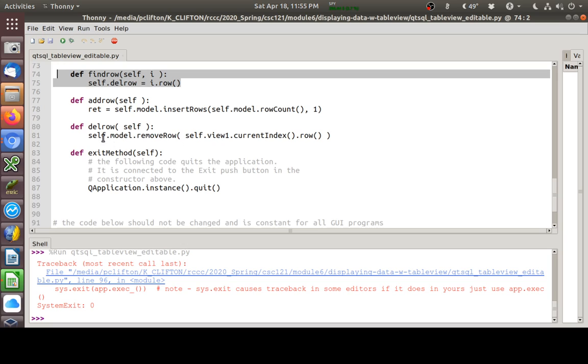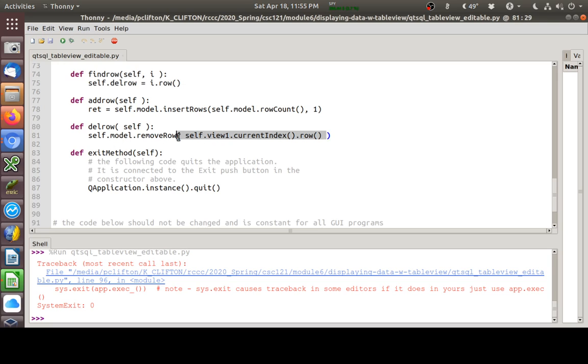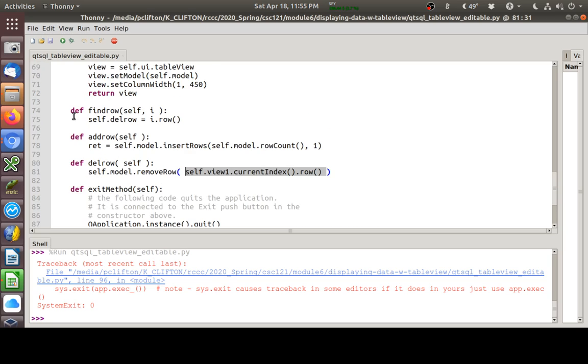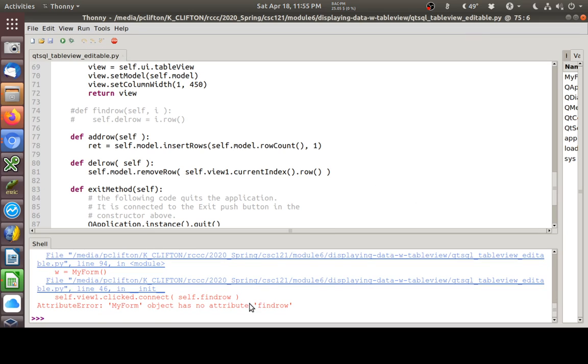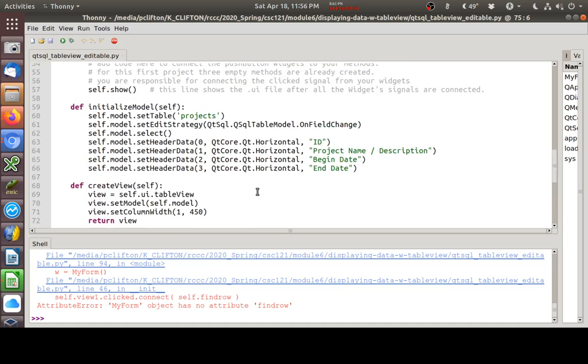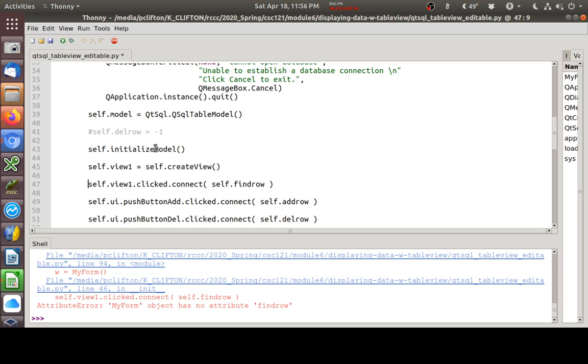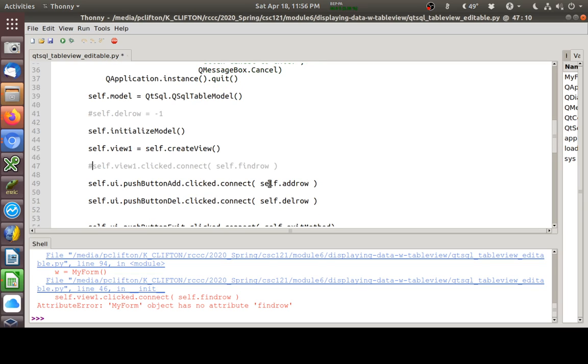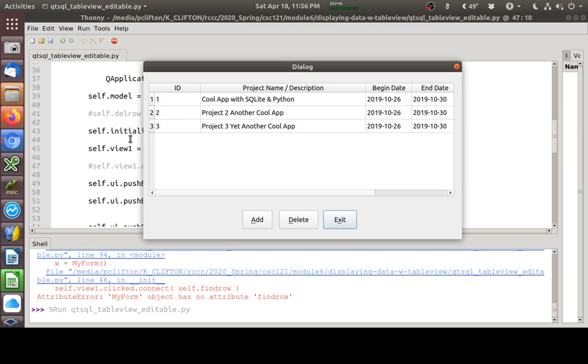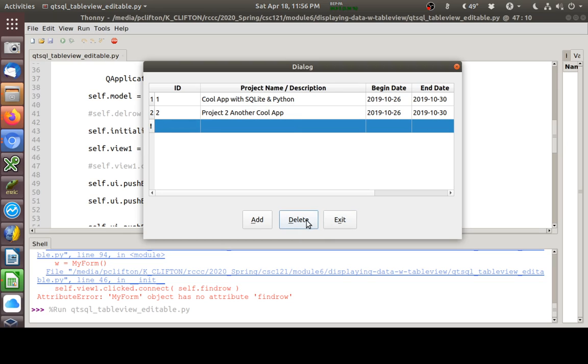But in this case, we're using the clicked method to get the current index and delete that. So I could actually delete or comment out this whole method right here, and you would see that our program would still work. I need to comment out where we're connecting it here, the find row. But once I comment that out, you can see here's our, and let's just show you that, bam,